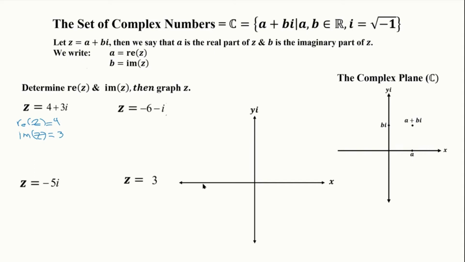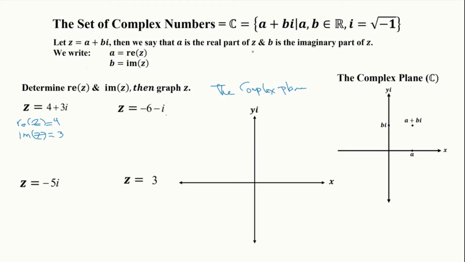deal with the set of complex numbers, we take our familiar Cartesian coordinate plane and use it in a different way. So this no longer is called the Cartesian coordinate plane because I'm thinking of this axis as not just y, but yi. In this format, this is called the complex plane. So when you see the i on the y-axis, don't think of it as the Cartesian coordinate plane anymore. Think of it as the complex plane, which I have written right there anyway. Now,